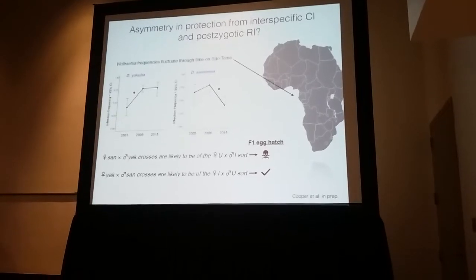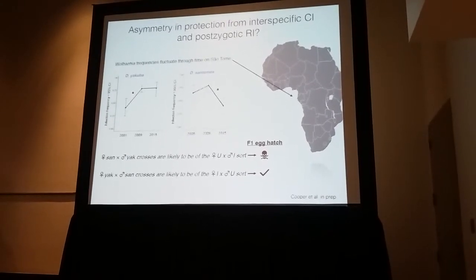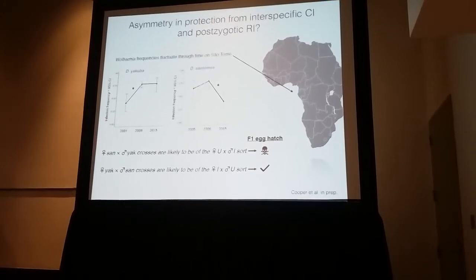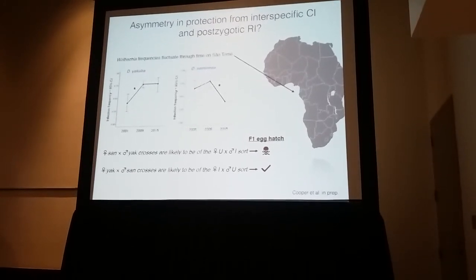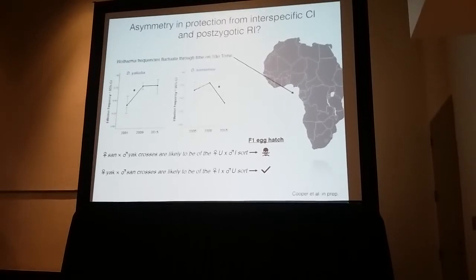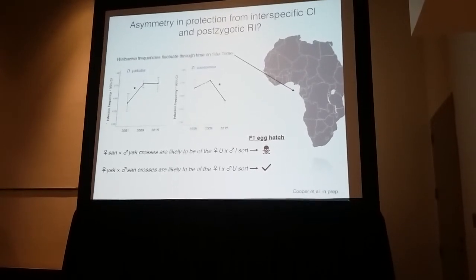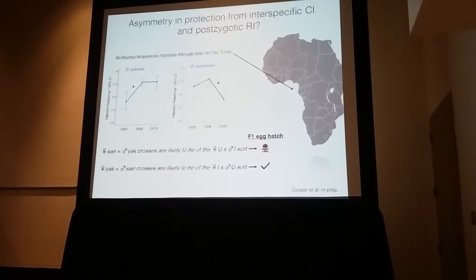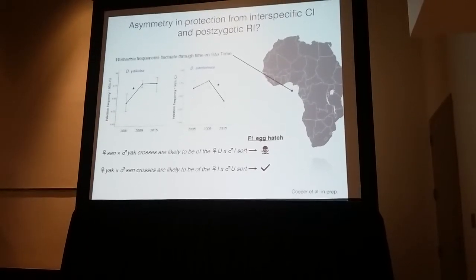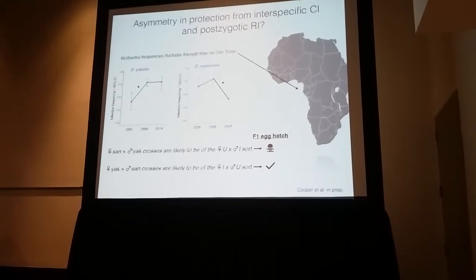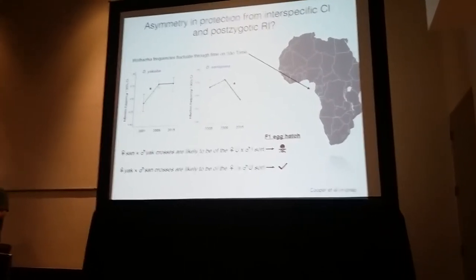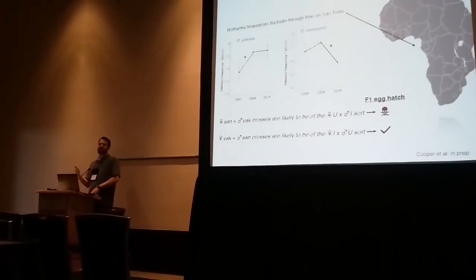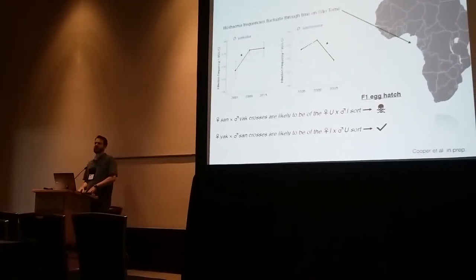So what this means is on average, if you cross a Santa Mae female to a yakuba male, that's going to be the sort of cross that leads to cytoplasmic incompatibility. On the other hand, if you cross a yakuba female to a Santa Mae male, that cross is most likely not going to cause cytoplasmic incompatibility. So this is a pattern that could lead to asymmetry in female rescue that could contribute to post-zygotic isolation, but I don't think that we can say much about that yet, because these fluctuating frequencies that lead us to say this also suggest that these conditions may not persist.